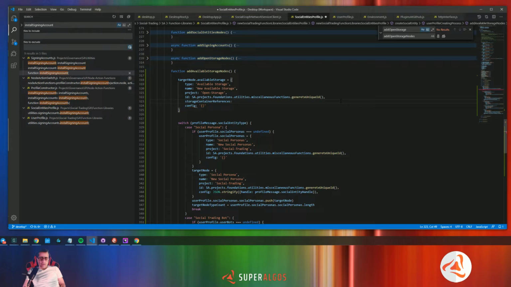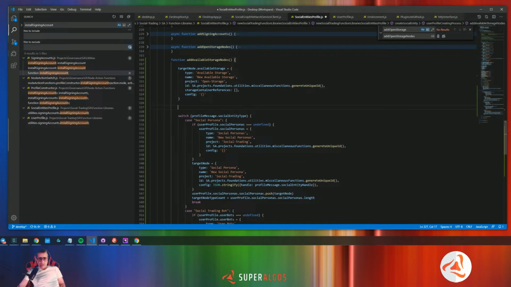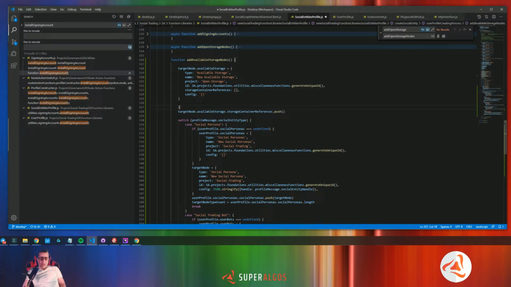Storage container reference is going to be an empty array for now, but what we are going to do next is available storage dot this dot push, and we're going to create a node going to be storage container reference